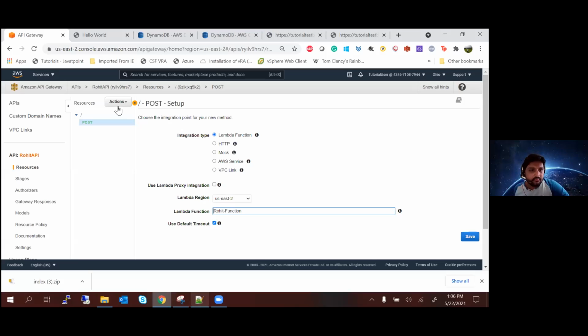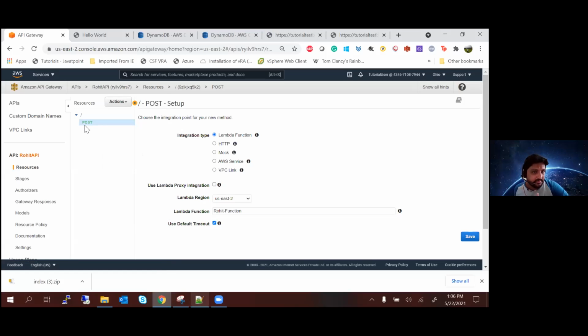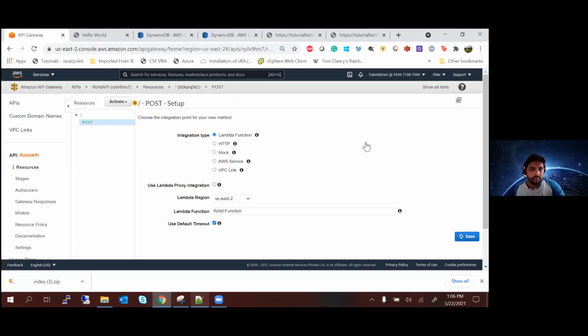So what we did is actions, create method. We said post, and in the lambda settings here, we just selected our individual lambda. So for me, I've selected Rohit function. Okay. As soon as you have selected it, just click on save, and it will show a confirmation, and just click OK. Okay. So are you with me?